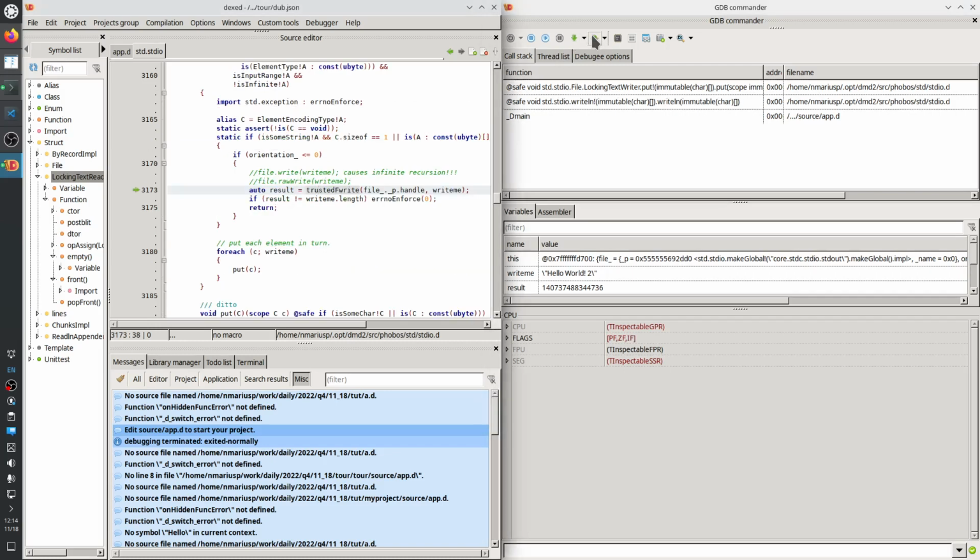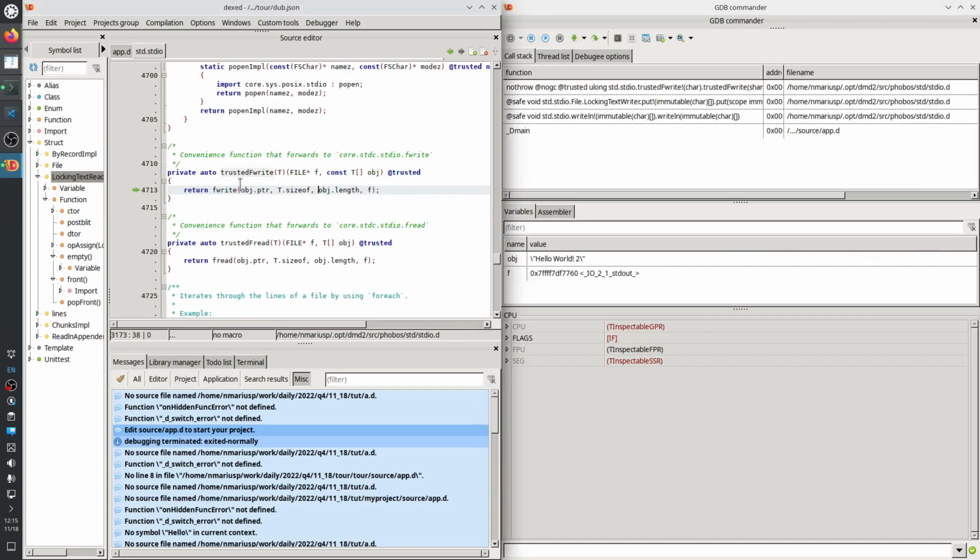Trusted fwrite, handle to the function, the string to write. Trusted fwrite, which is in the std.stdio package in the D programming language, which has the attribute trusted,